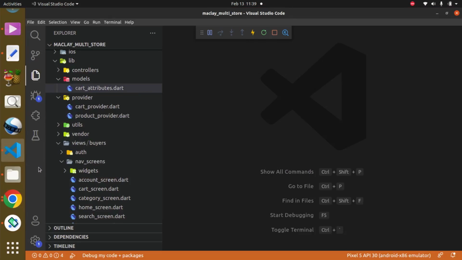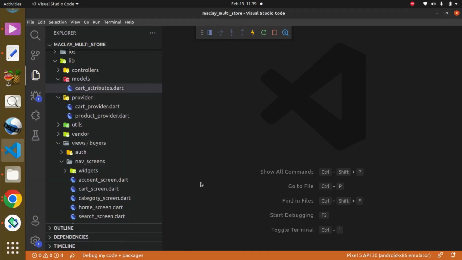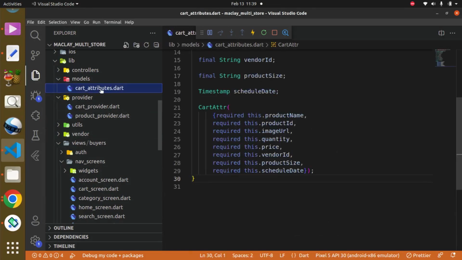Hey, welcome. In this lecture, we are going to be able to increment and also decrement. To do this, first of all, we have to create a function in order to increase our quantity, and also a function in order to decrease our quantity. Now, first of all, we have to go to the models folder and then cart_attribute